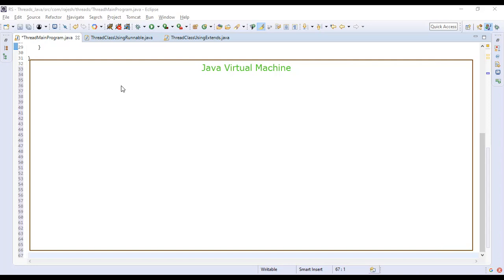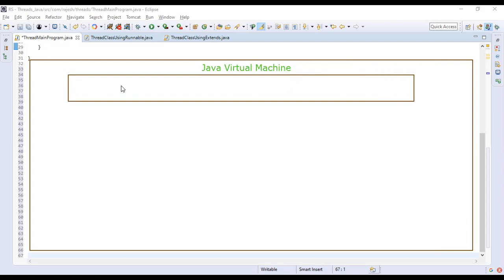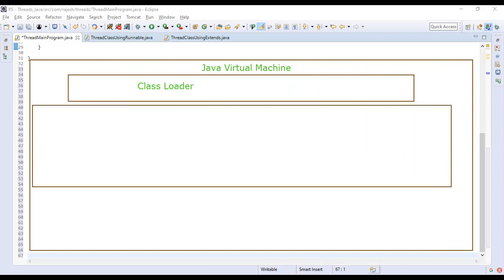So the basic components of a JVM are first and the main one is the class loader. This is responsible for loading the classes. I'll come into each of the boxes now. And after the class loader, JVM will have its own memory.